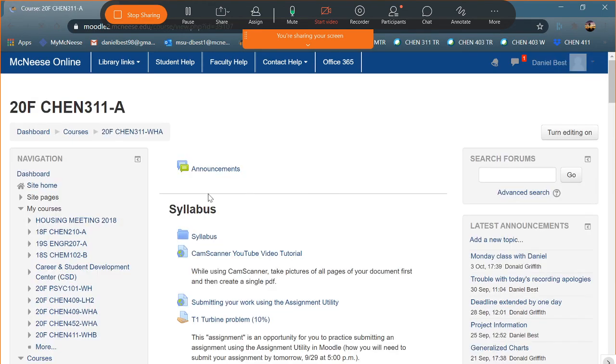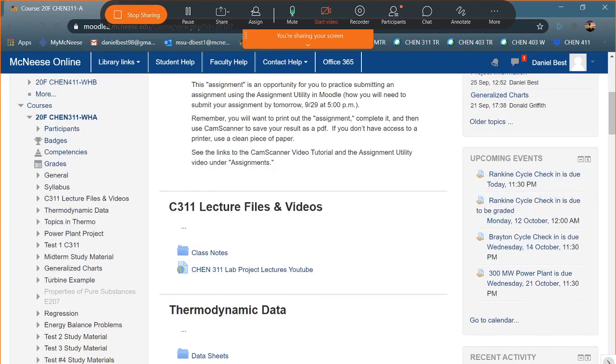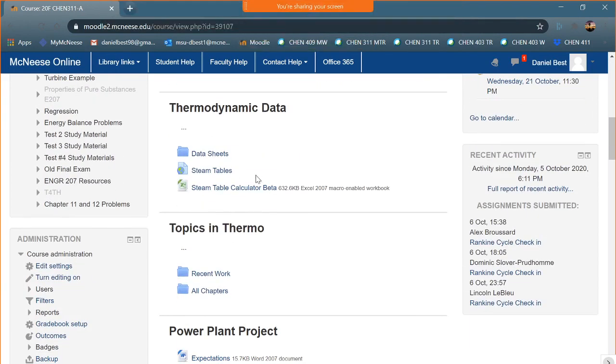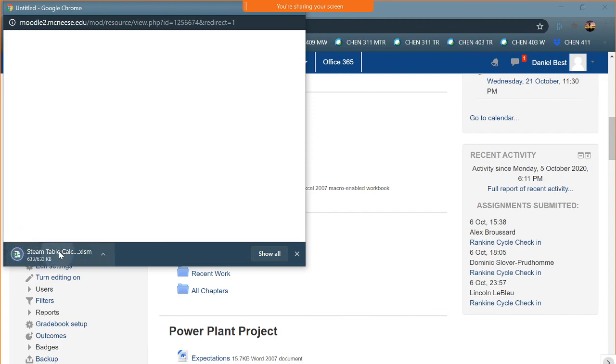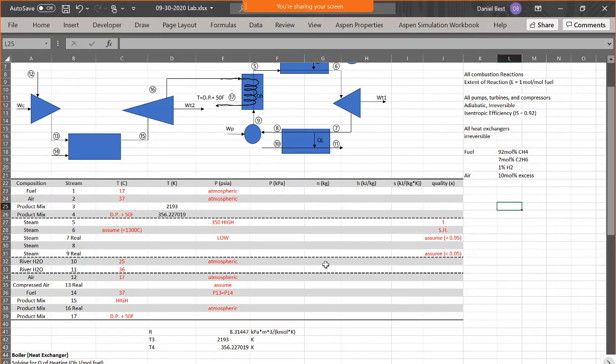Yeah. I did want to show y'all this, because I worked a good 3 weeks on this and it still doesn't work right. If you look here at the thermodynamic tables, I have this thing that I made, and I've been working on it. It's still in beta. I'm trying to program a steam table calculator such that it would give you